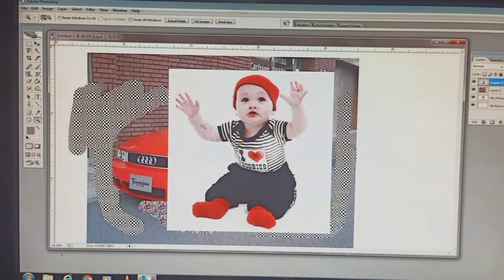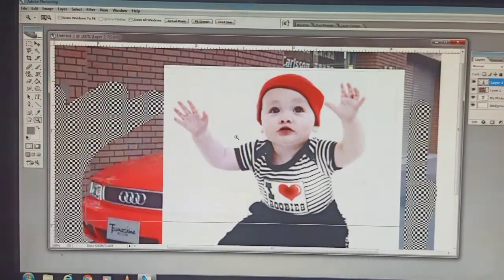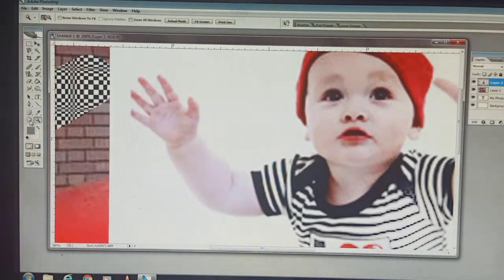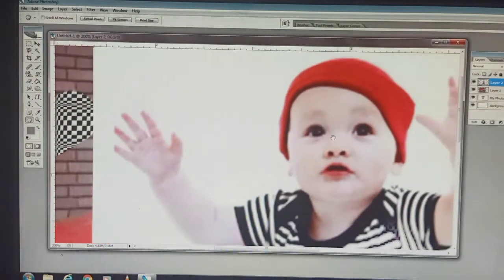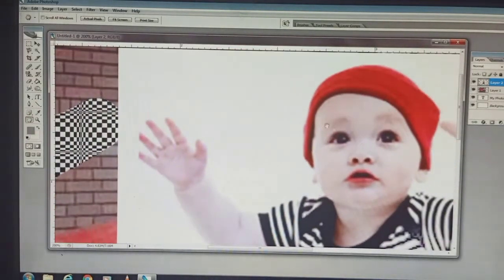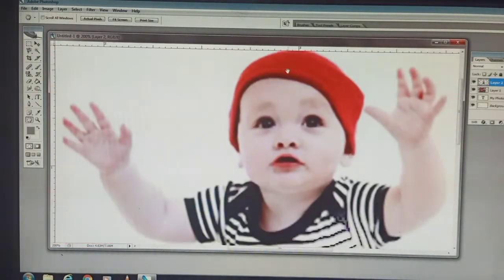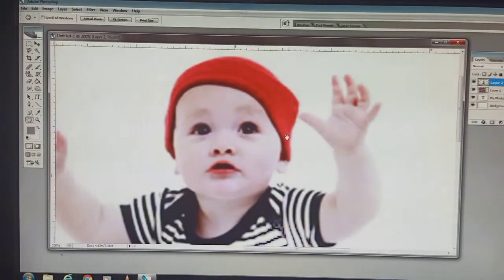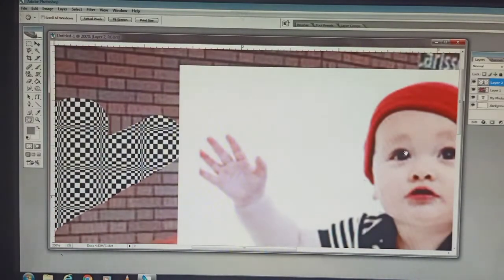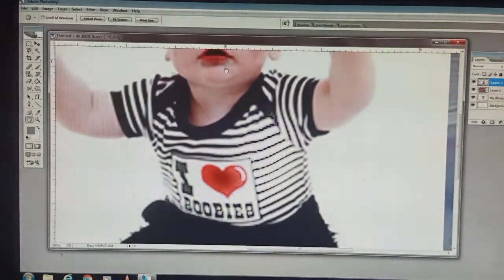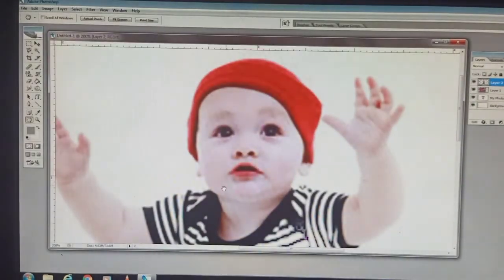After that, the hand tool is there. Suppose when I zoom in, it goes outside the screen. Just you click the hand tool and we can shift like this. With the help of this hand tool, you see the shape of the hand tool, we can shift from one part to another part. You can use it to navigate to another area of an image. Suppose I want to navigate to this area, I can move like this. In this way I can move the pictures. So I hope, students, you understood those things.